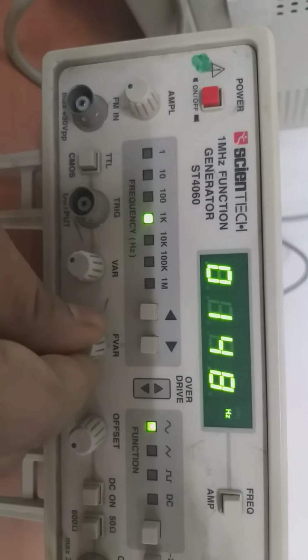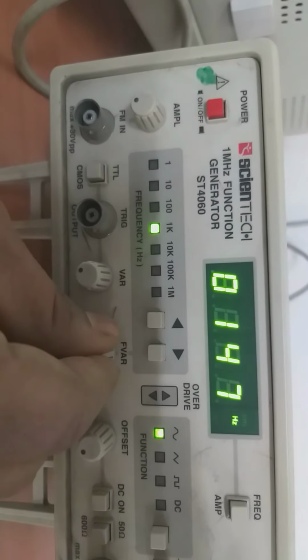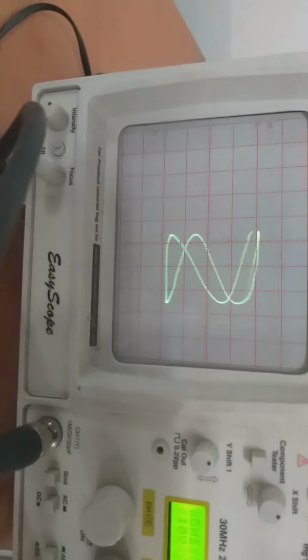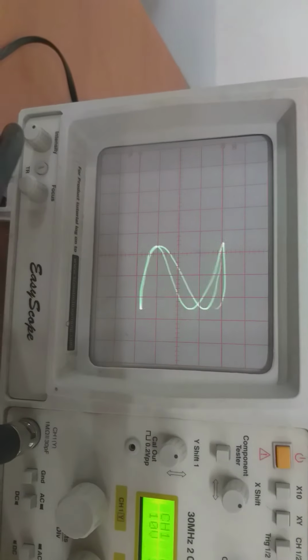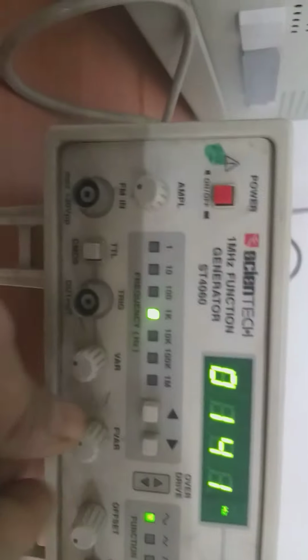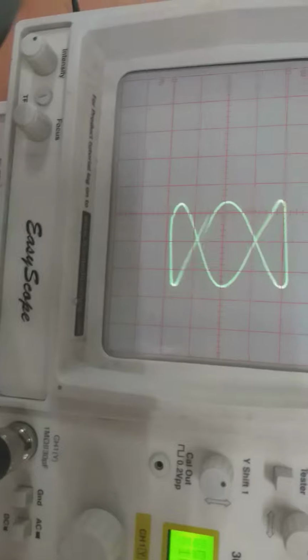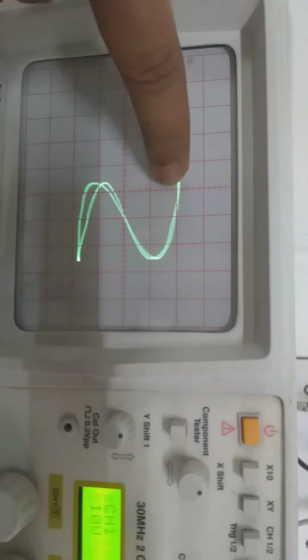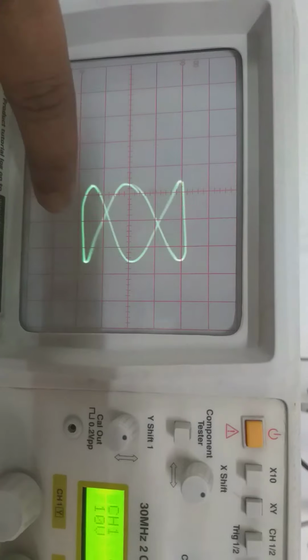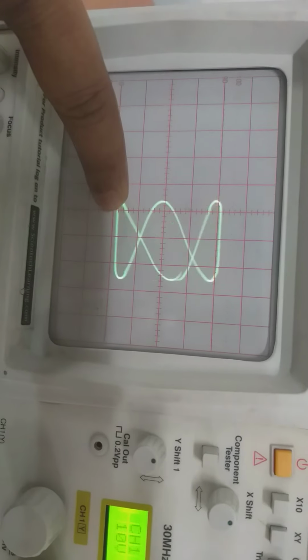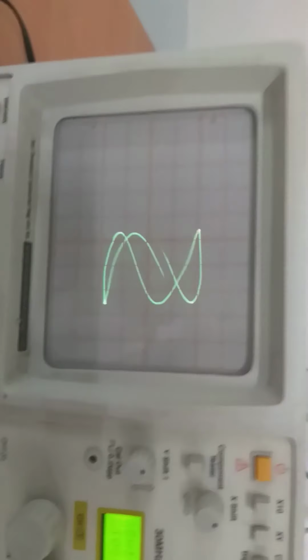So it is around 150. Here you can observe there is quite a maximum number of loops, so we have to adjust again. See, it is around 150 we have to adjust. So here you will observe 3 loops are there. Okay. So what is the difference? Along the y-axis the number of points is increasing. Initially it was 1, then it became 2, now it is 3. But along the x-axis it is only 1. So again you will calculate the value of Fy by substituting Tx is 1 and Ty equal to 3.